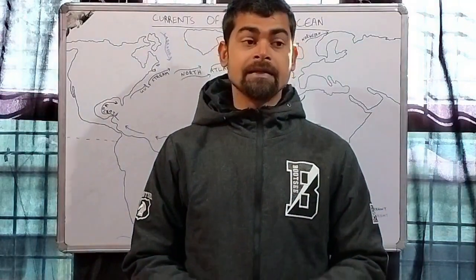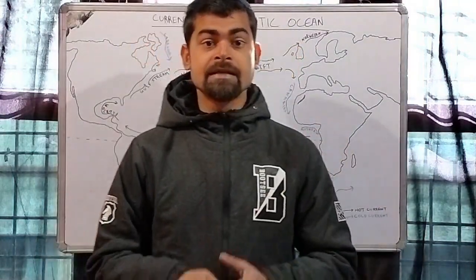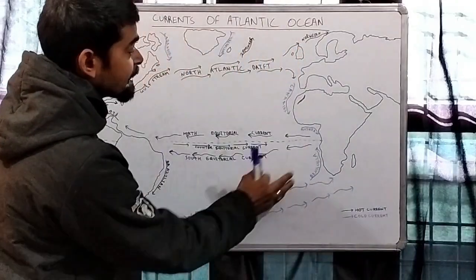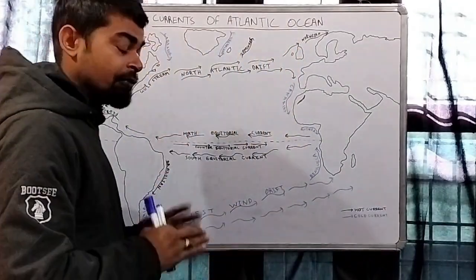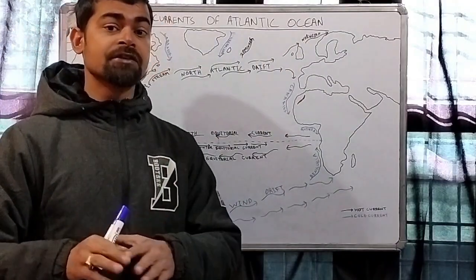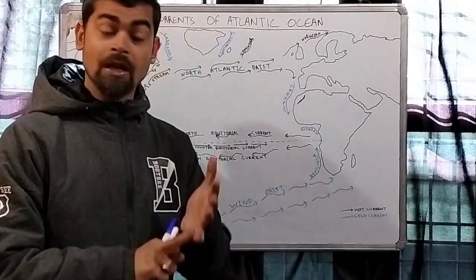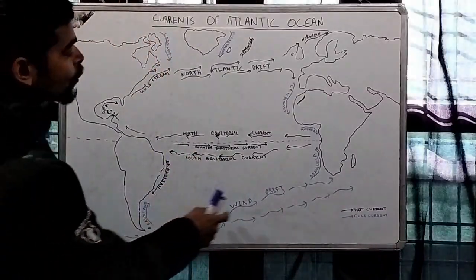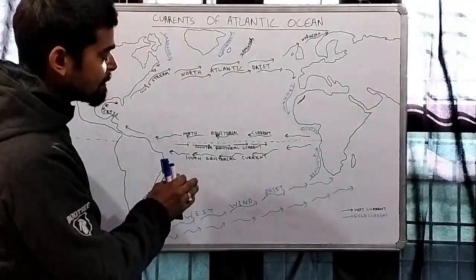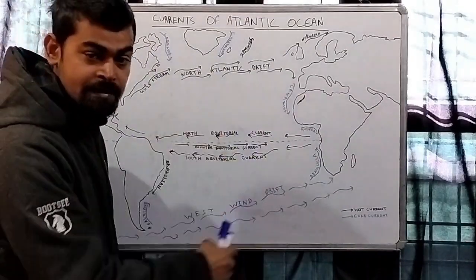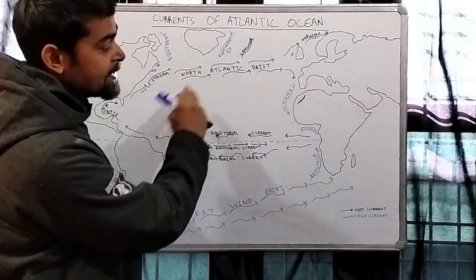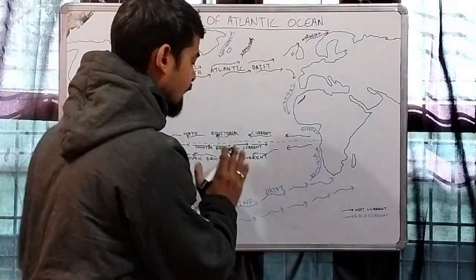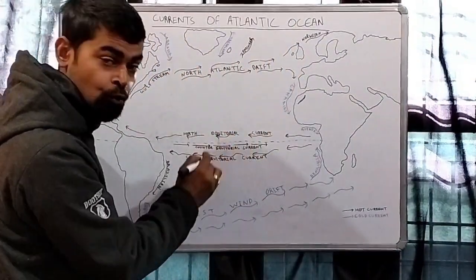As we know, the Atlantic Ocean is rarely affected by tsunamis because earthquakes rarely occur in this zone, while the Pacific Ocean is the most affected by tsunamis and earthquakes due to the Ring of Fire. But the Atlantic Ocean is majorly disturbed by the winds, the currents, and the waves of the ocean. Let us study the currents of the North Atlantic Ocean, and that too